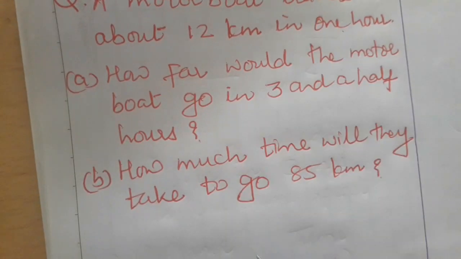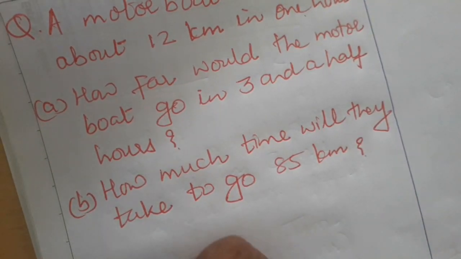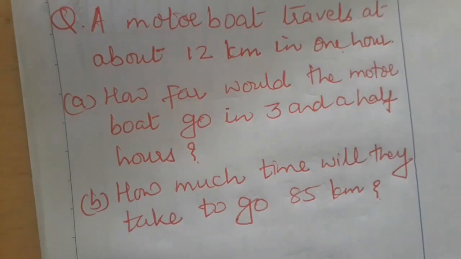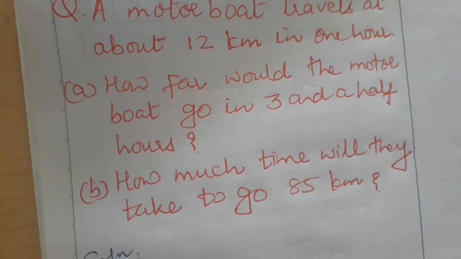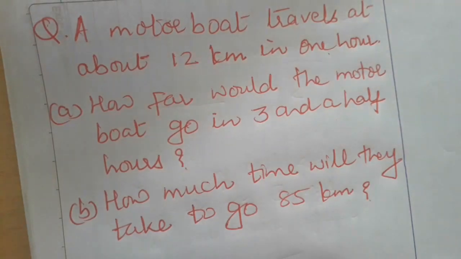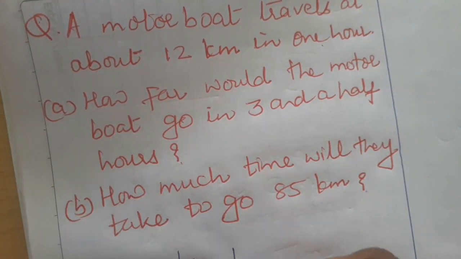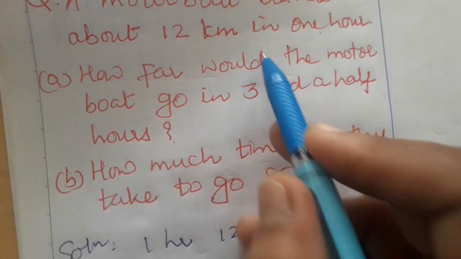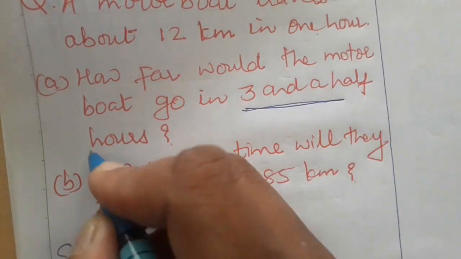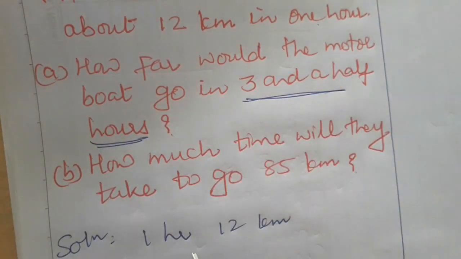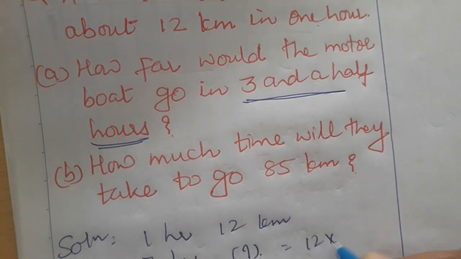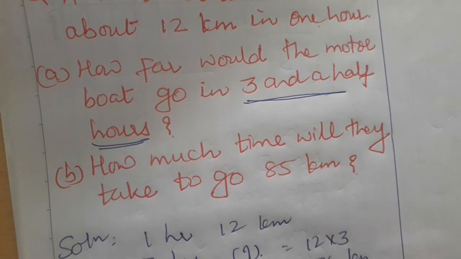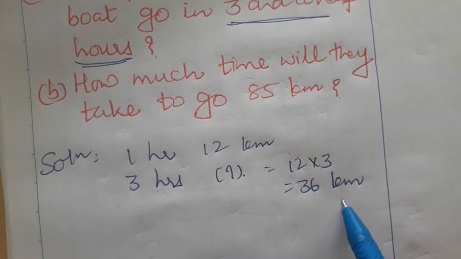Okay, now suppose you want to simplify this question. Okay, I would do it in a very easy method which you may do. Some might have also tried it out. Suppose say 1 hour 12 kilometers it's given. You want for 3.5 hours, right? So 1 hour this much, so 3 hours how much? So you will have 12 3s are 36 kilometers. First step. Okay, so for 3 hours it's done.